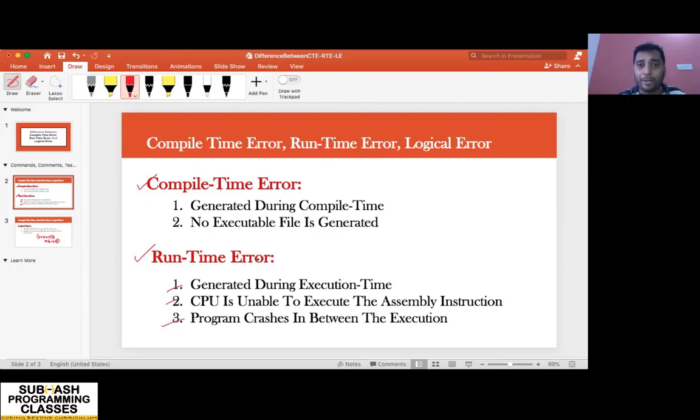Now coming to runtime error. You give the source code to the compiler, which converts it into binary code because it finds no problem with the syntax, whereas there are certain instructions which the CPU will not be able to execute. Therefore, when you run that code, the CPU will not be able to execute it, and it indicates the operating system to crash the program, and the program crashes in between, right? So your program terminates unsuccessfully in between. Such kinds of errors which happen during the execution of your program are called runtime errors.